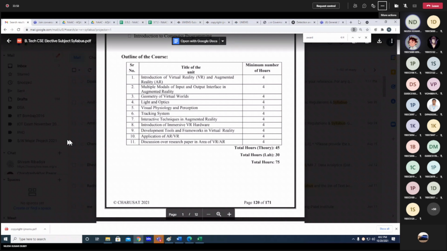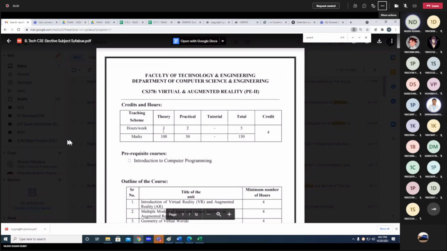Okay. I think, sir, there are 11 chapters in this, so how much load will there be? This subject has a lot of load, so three lectures will be there per week and 1 lab. And you can see the teaching schemes are here.